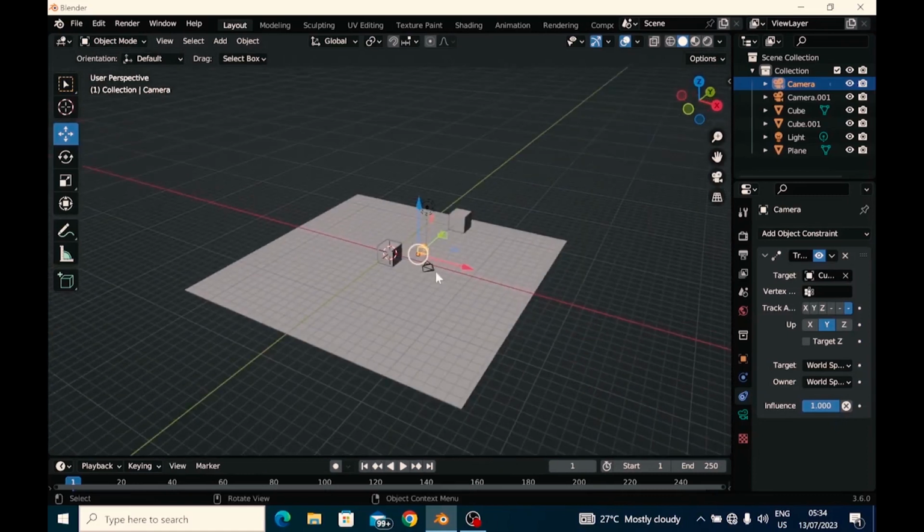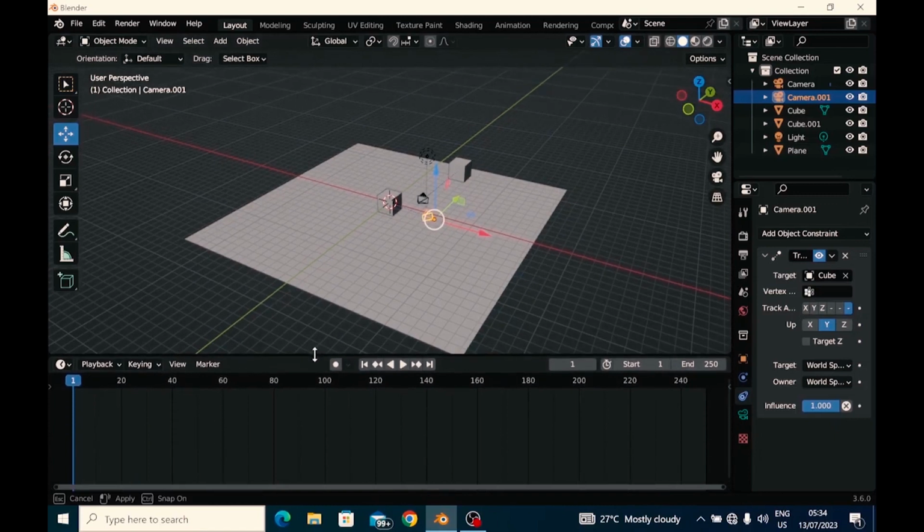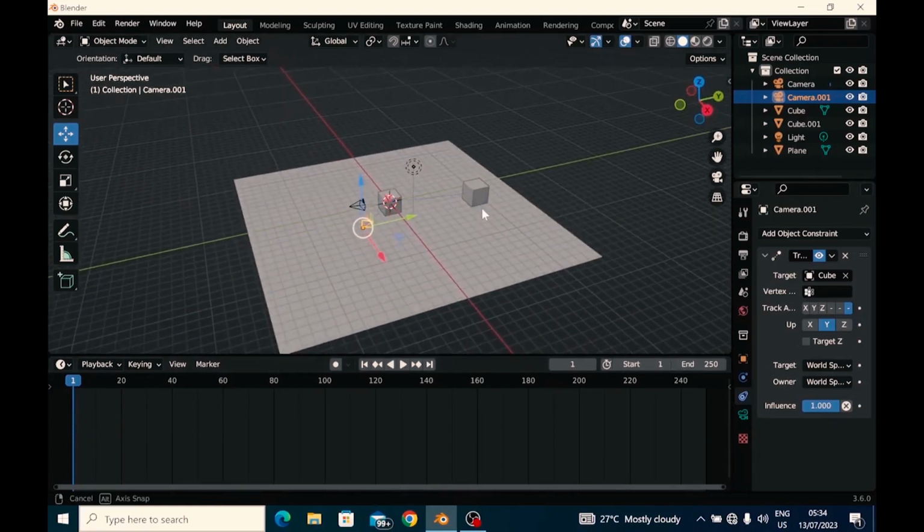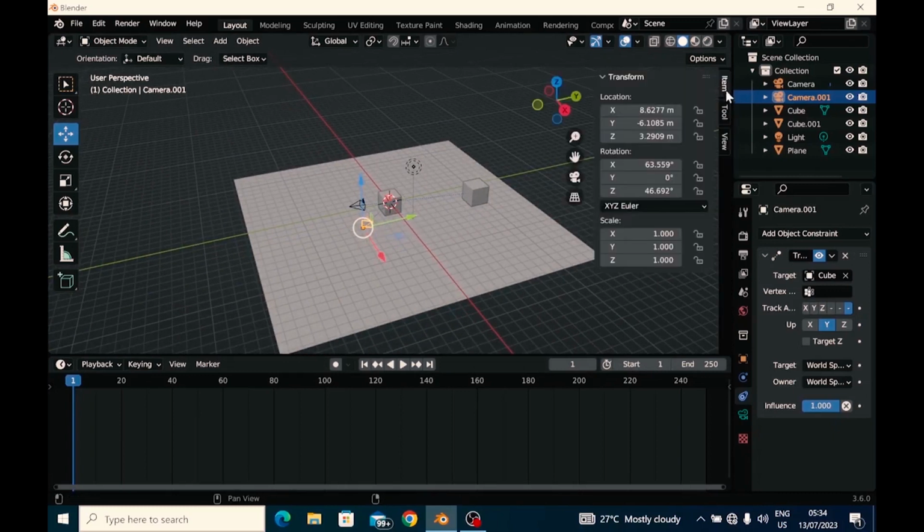With that being said, I think it's time for us to keyframe our camera. So you enlarge the timeline view. This is the timeline view. My timeline here starts from keyframe 1 to keyframe 250. So in this particular first camera,